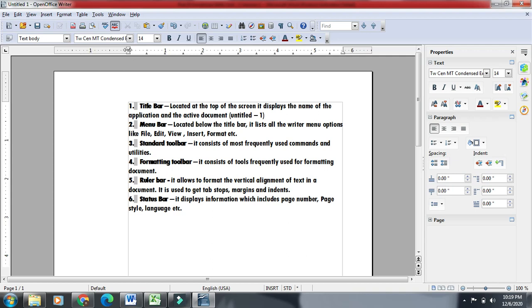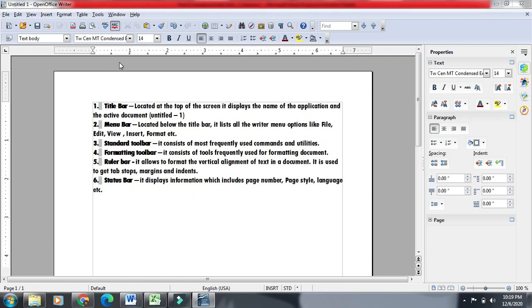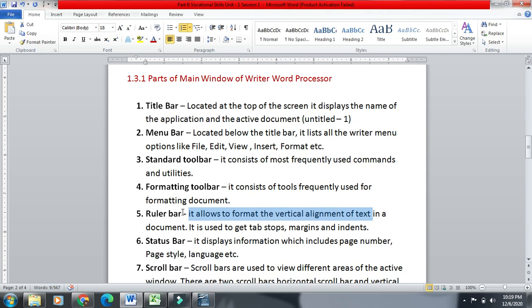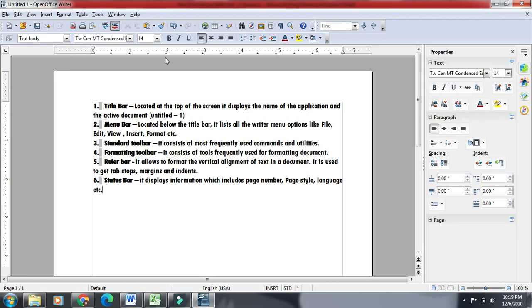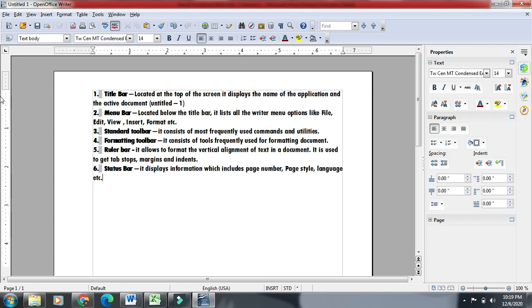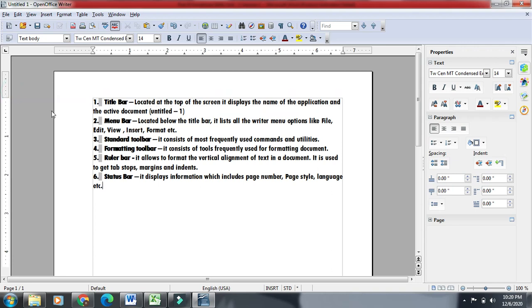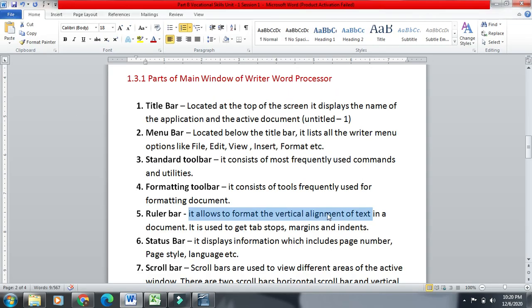We can change the alignment of the text using this option, ruler bar. This is the bar, ruler bar. This bar is also available. So this bar is actually used to change the vertical alignment of the text in a document.